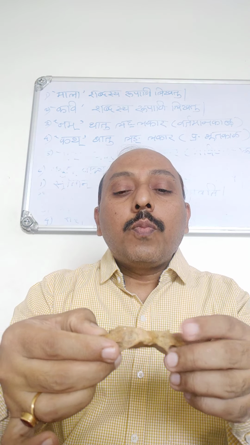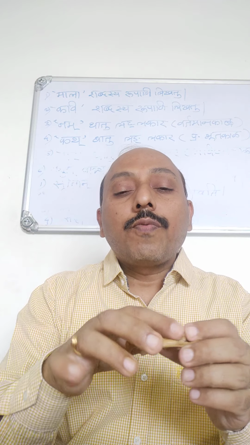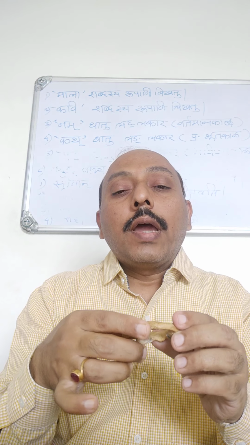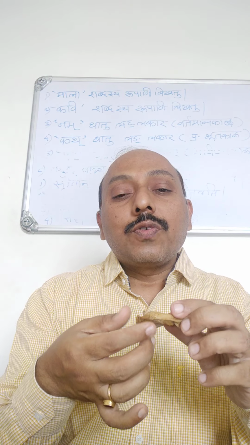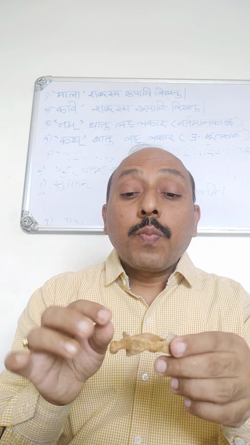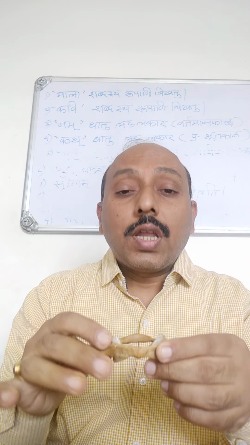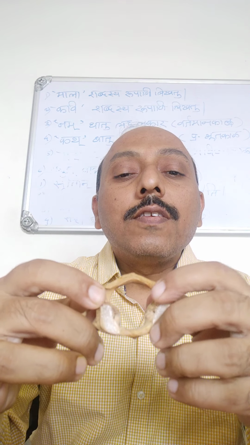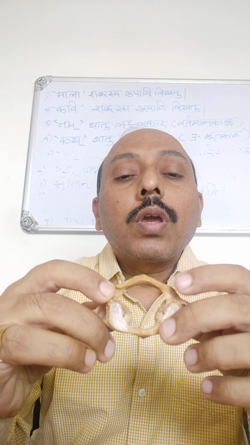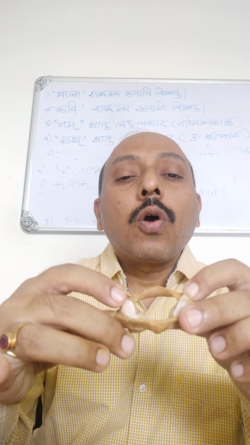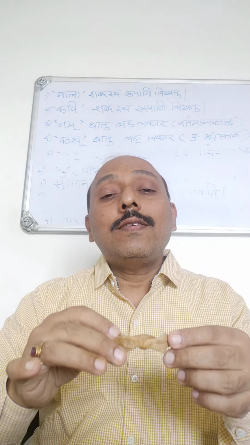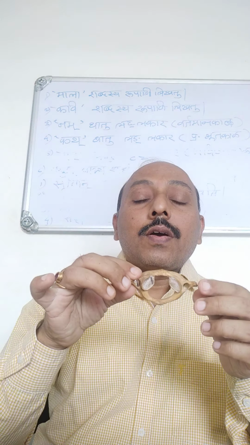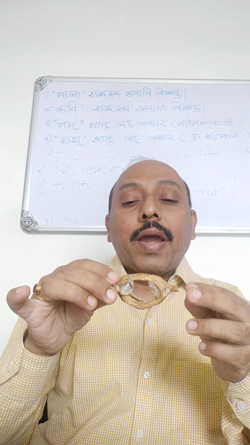Now the posterior arch, as it is larger, 2/5 of the total ring, again has a median posterior tubercle posteriorly. The lower border of this posterior arch gives attachment to the ligamenta flava, and the superior surface of the posterior arch has a notch behind the articular facet. You can see here, this is the groove. You cannot say notch, it is a groove, and it is occupied by the vertebral artery as well as the first cervical nerve. So this is all about the first cervical vertebra, the atlas.